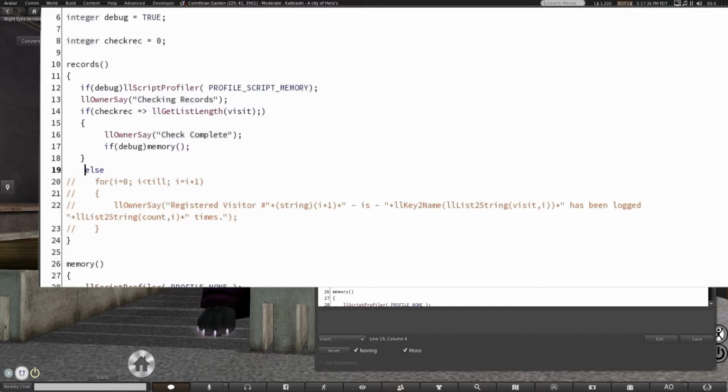Else, it checks if check rec was equal to or greater than get list length visit, in which case it clears all of this out. Otherwise,